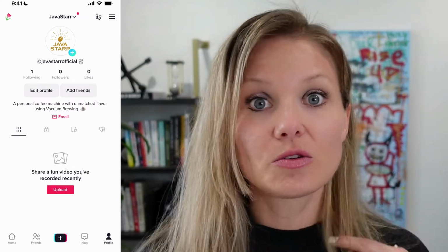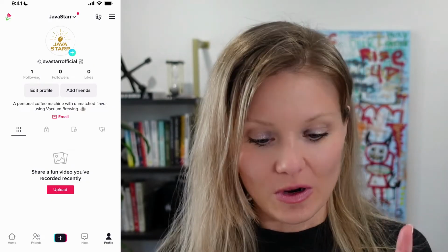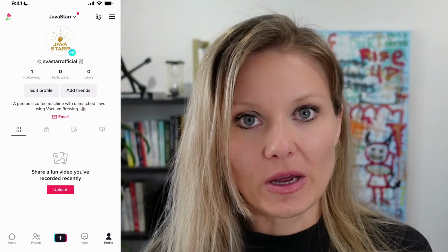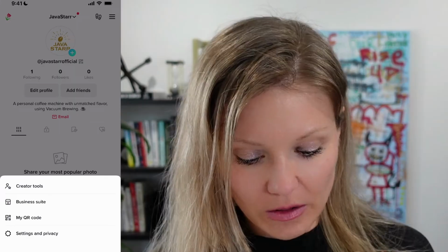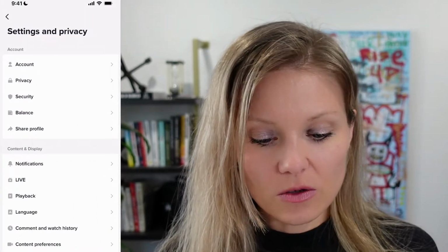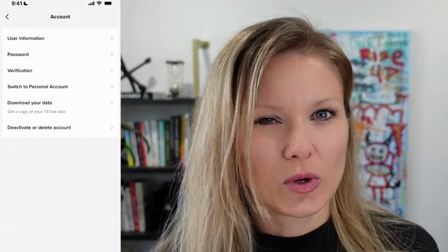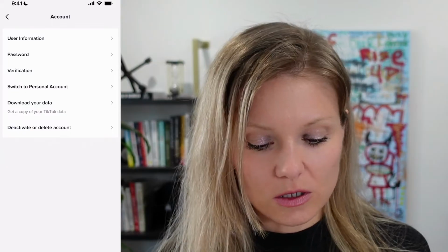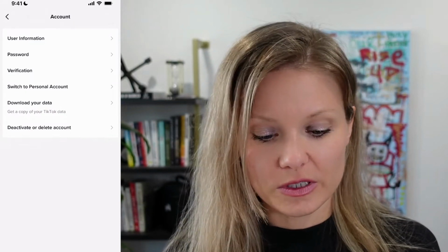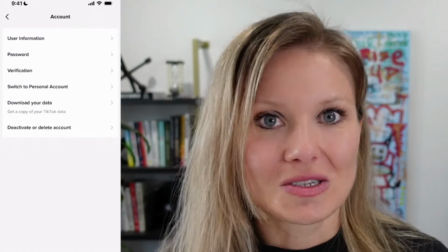So the first thing you want to do to follow this process, first to switch to a business account, which is step 1 after creating your TikTok profile, is that you want to go to the hamburger menu on the top right, those 3 lines, and you want to go to settings and privacy. When you do that, next click on account. And then you see where it says switch to personal account. If you have not switched to a business account yet, that will say switch to business account. So you want to click on that if it says switch to business account and then